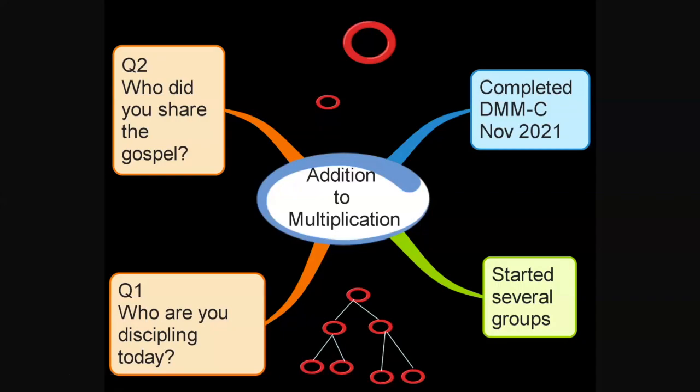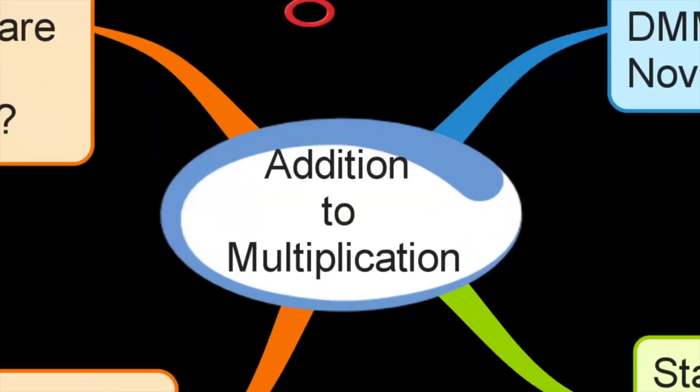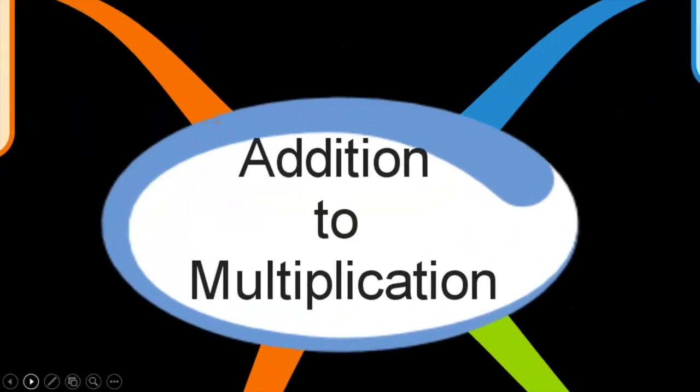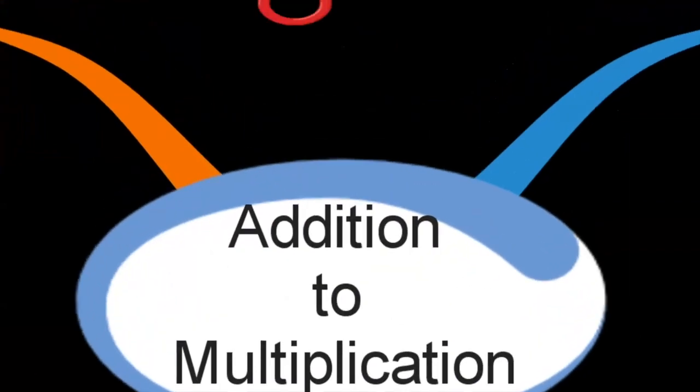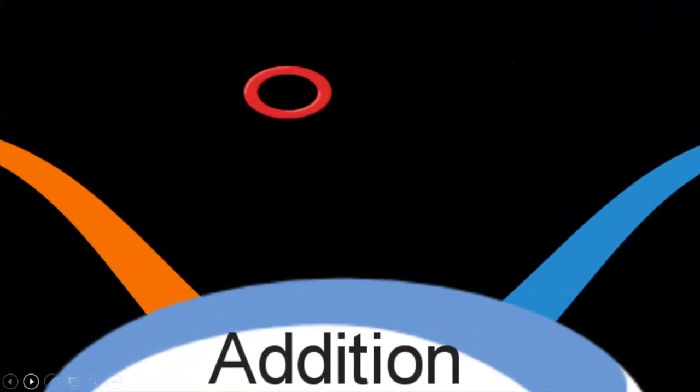I just want to share with you this whole process of moving from addition to multiplication. Addition of disciples versus multiplication of disciples. What is the difference? Well, in addition, we have, say, one group, and then we add disciples here that will become one larger group. So the same group is increased. So we add the disciples to the same group.